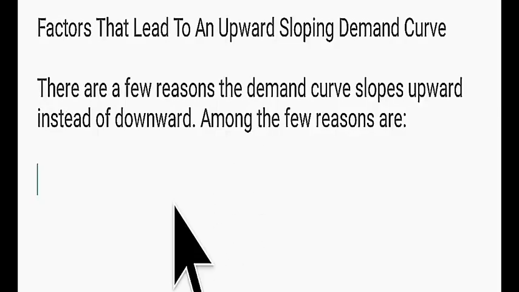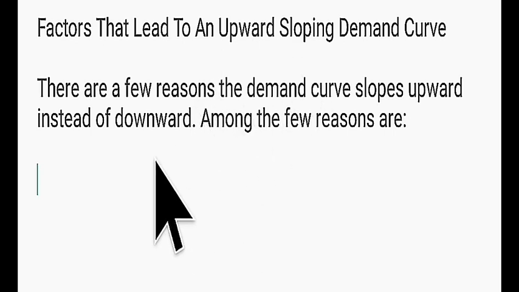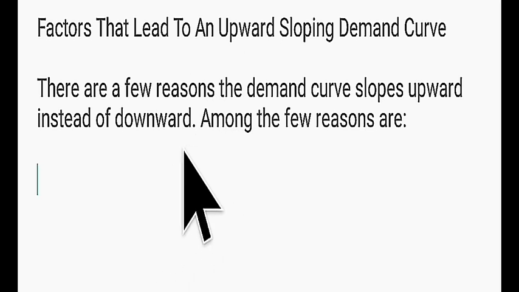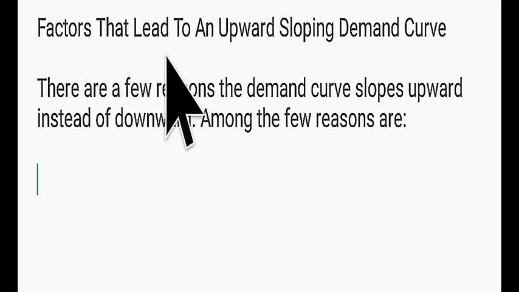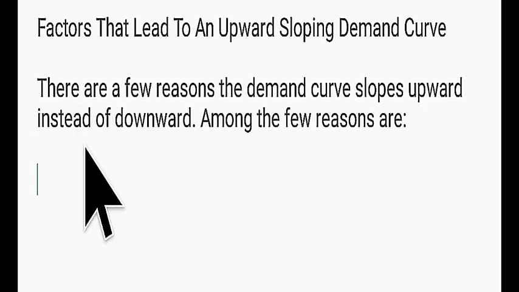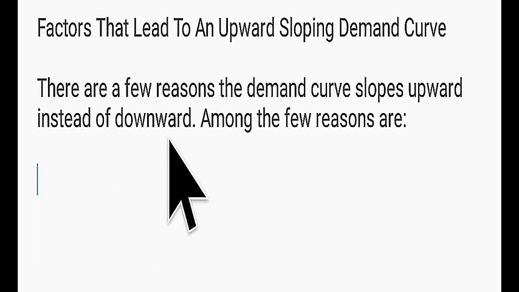Having explained the graph of an exceptional demand curve, we ask, why? Why would there ever be an exception to our demand rule? That leads us to the factors that lead to an upward sloping demand curve. There are a few reasons the demand curve slopes upward instead of downward. Among the few reasons are: